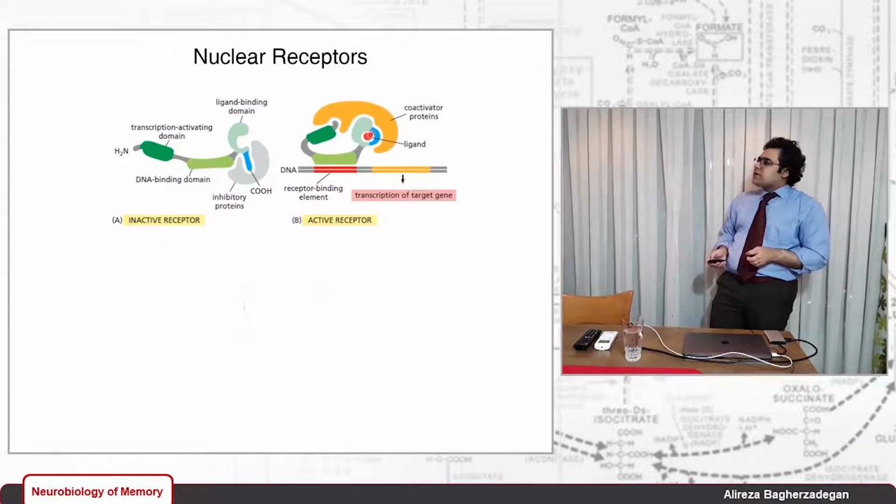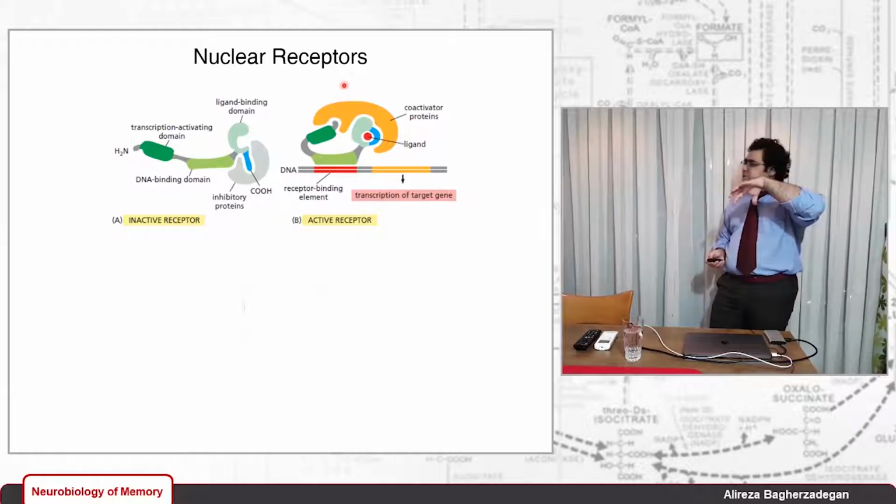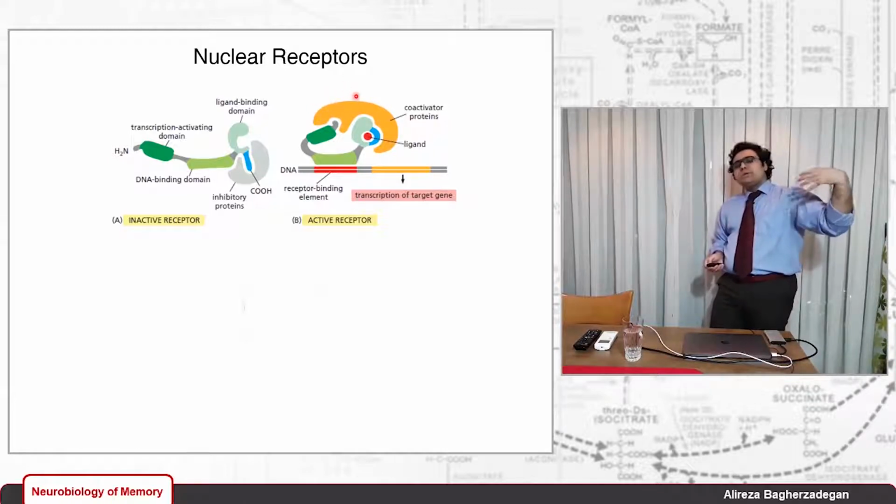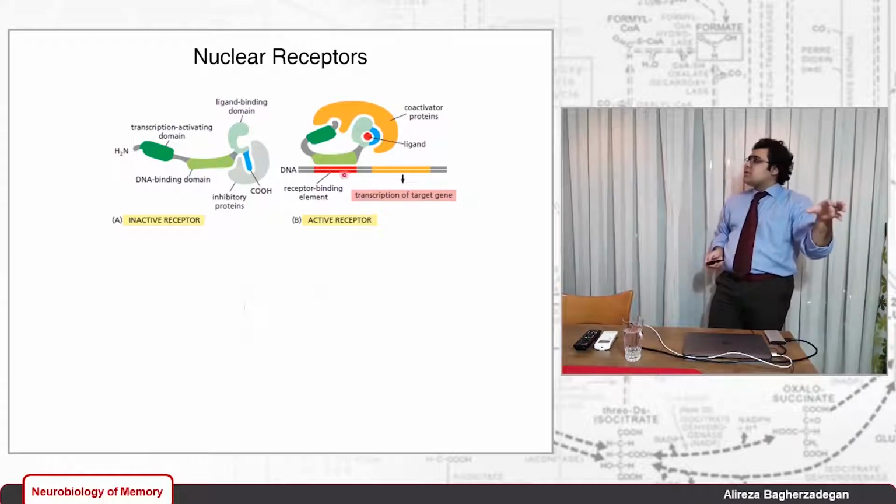But what happens when the ligand binds is that this inhibitory protein is detached. So the ligand binding domain clamps shut, okay? And the whole receptor undergoes a conformational change. The DNA binding domain binds to a specific portion of the DNA or gene, and this transcription activating domain binds to a co-activator protein. And once this co-activator protein binds, it may recruit some transcription factors, which then activate the transcription of a specific